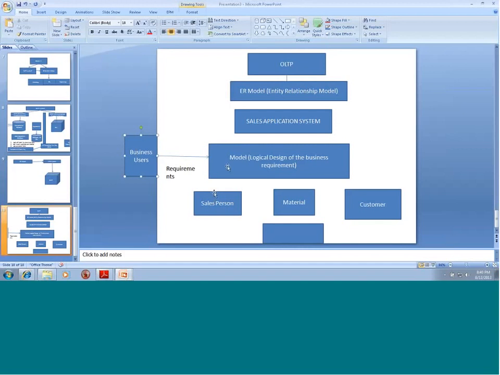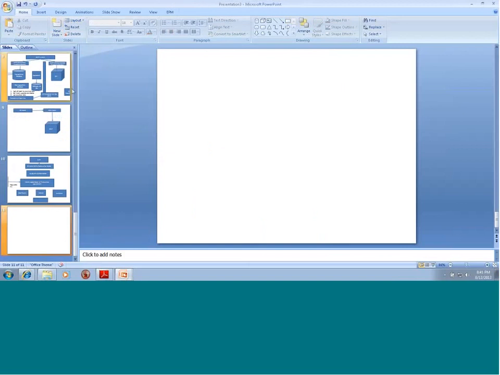So for us to understand, they will give it in English, in layman's terms. They will just talk about business terms, and modelers or database developers will look at the business requirements. So let me go into a new slide. So these are the business requirements